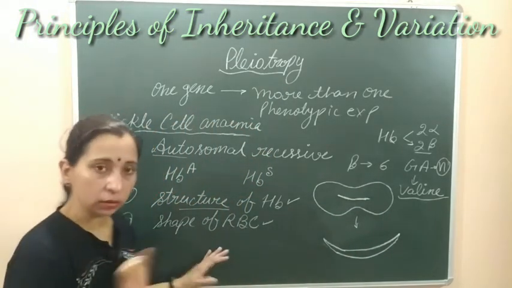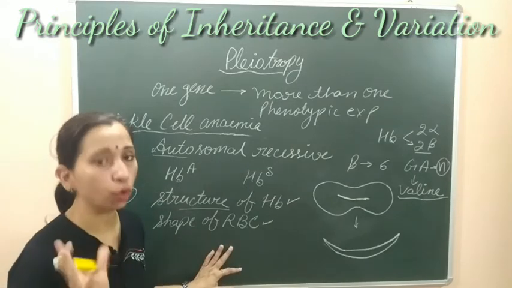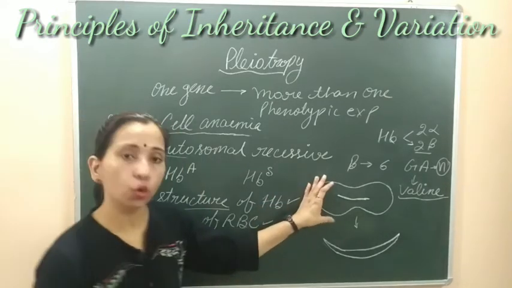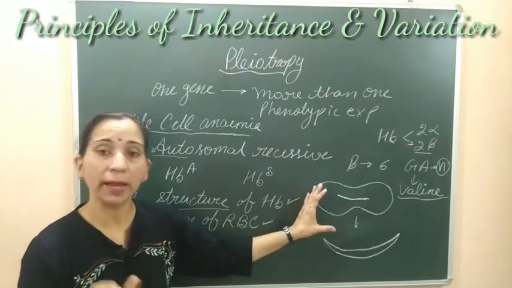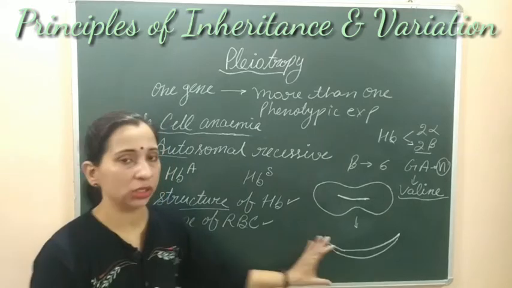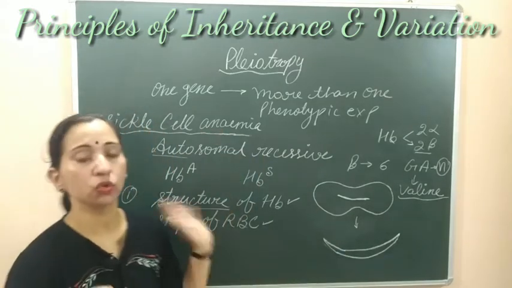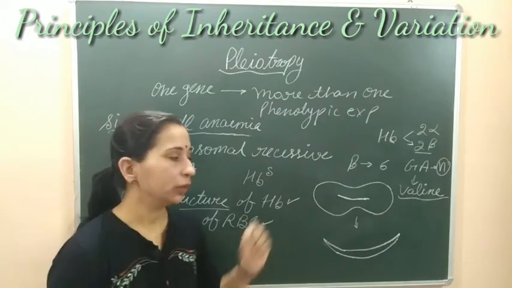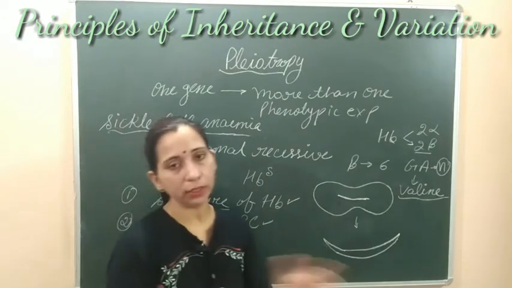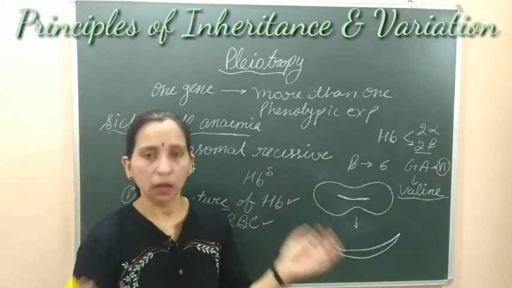And another thing, another change which will occur in this condition, that is the shape of RBC. The shape of RBCs also gets changed. It changes from its biconcave structure to sickle shaped structure. ये जो structure होती है sickle shaped structure होती है, and that's why this disease is known as sickle cell anemia. This type of RBCs, when they are present in any particular vein and it is carrying blood, जब किसी भी